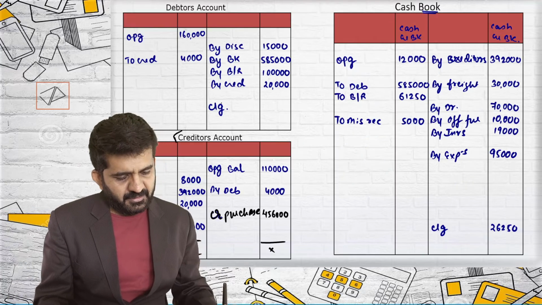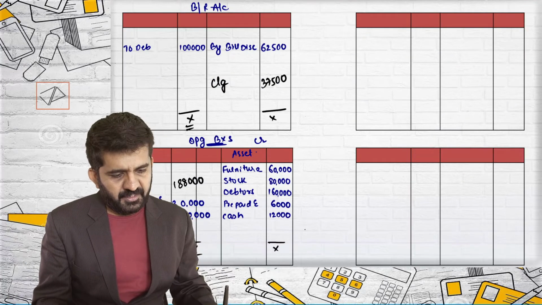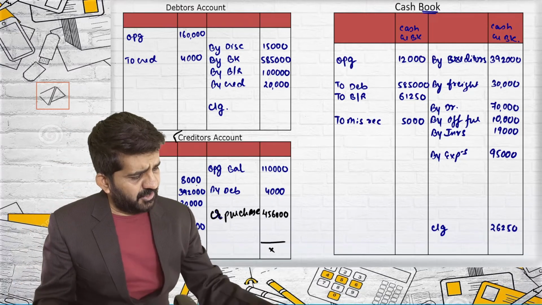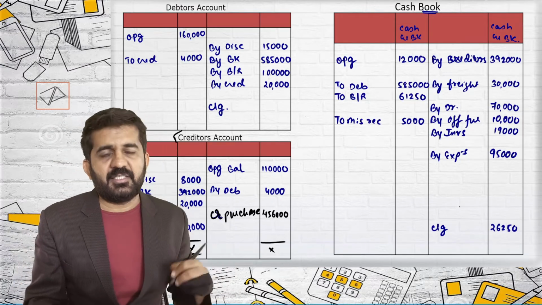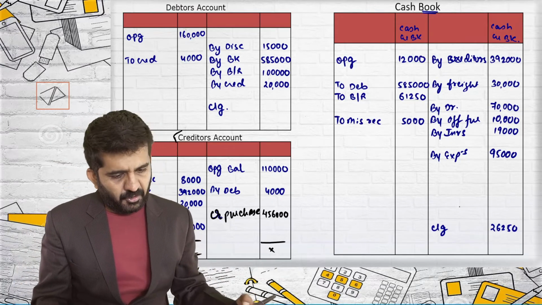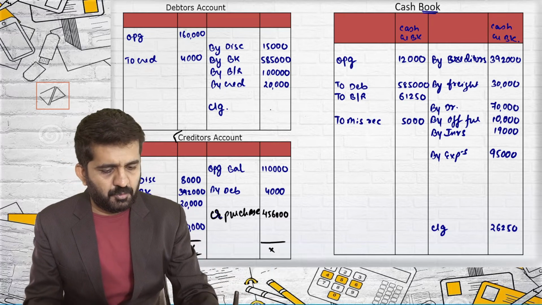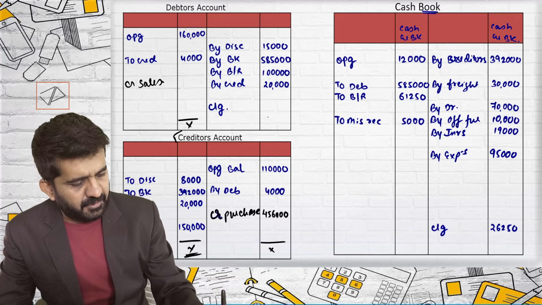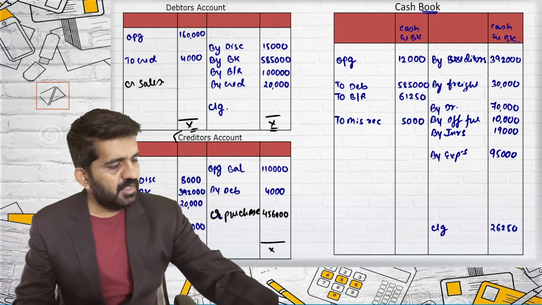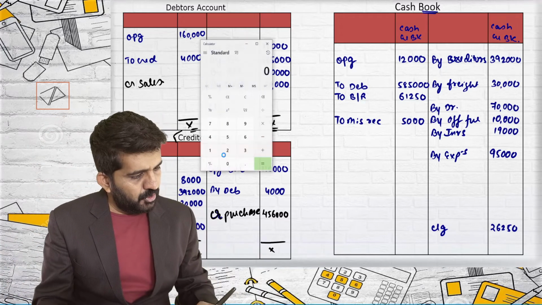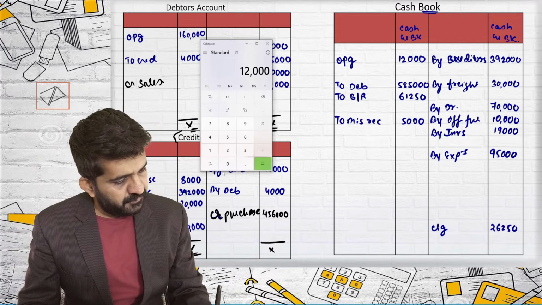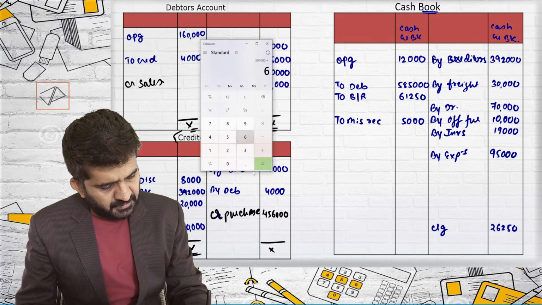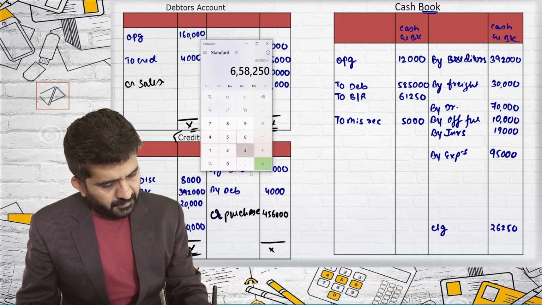So what I have tallied is creditors account, BR I have tallied, opening balance sheet I have tallied. The cash book is pending. Let me tally the cash book, because they are saying that the difference of figure is capital or drawings, and from debtors only closing balance will be getting once we get credit sales. So credit sales will not even affect our cash book. I can tally my cash book with a difference of 12,000 rupees plus 5,85,000 rupees plus 61,250 plus